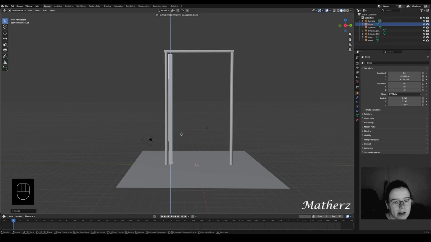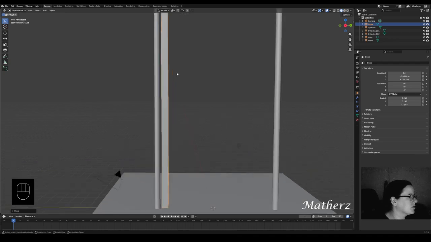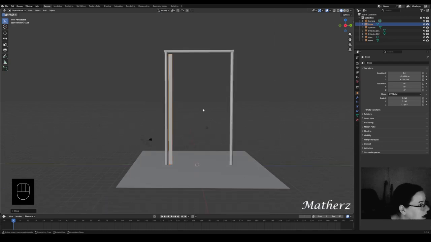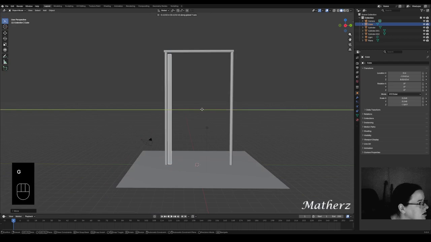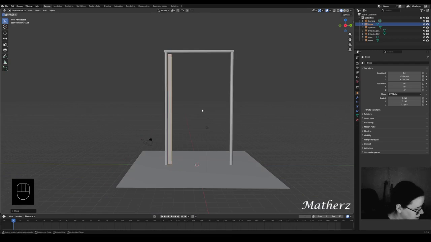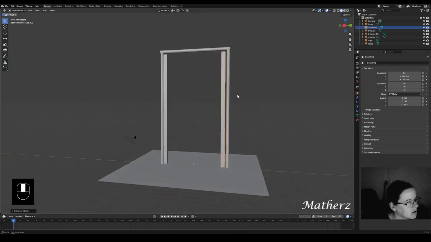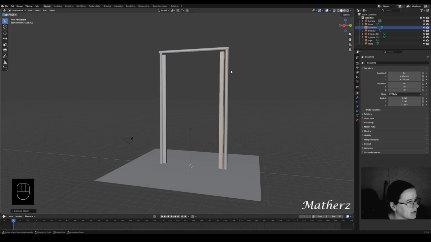And you're going to need a gap at one side and you're going to need the hinge on the other. So what I would suggest is have this pretty close to this side. We'll make the hinges in the middle in a moment. I'm just going to press G and bring this across just slightly. And then I'm going to go Shift D and bring this across to this side. Now on this side you're going to want to leave a gap because we're going to have the little mechanism